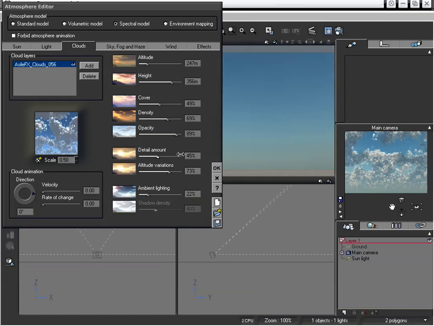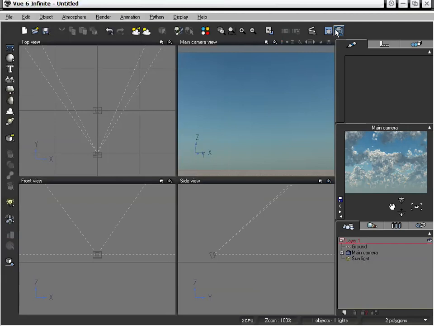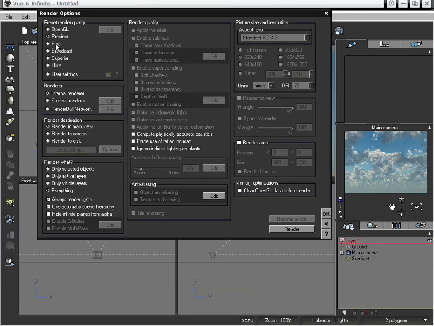And now we want to take a look at a render for our clouds. Just a basic render at the settings we're at right now. I'm going to set this to a final, render to screen, in 640 by 480. And a final render should be good actually throughout this area right now, because we're not editing anything other than